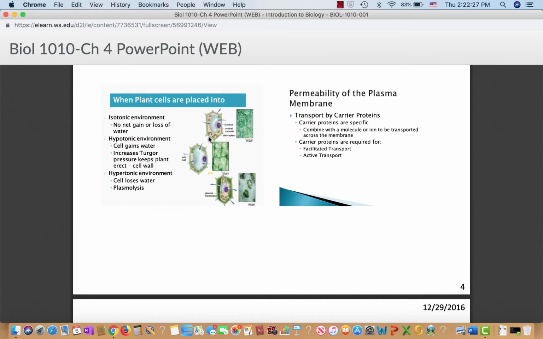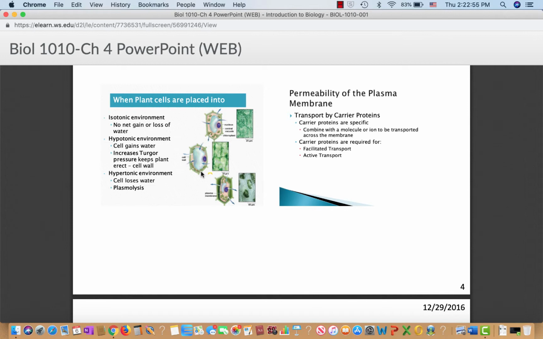Plant cells are a little different. The main thing is when you place them into a hypotonic environment, the vacuole in the middle will swell, and you will see some bulging in the cell wall, but the cell wall provides added rigidity, so it kind of stays together, and plants actually use this to create turgor pressure to keep them upright. So they're kind of like